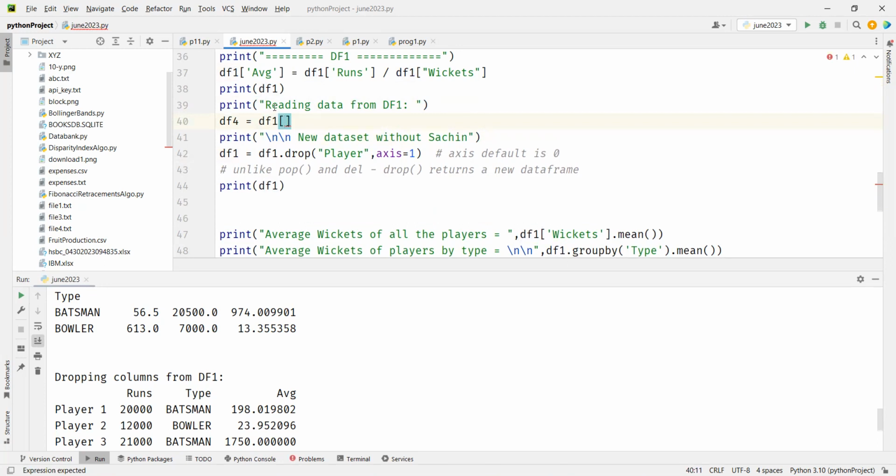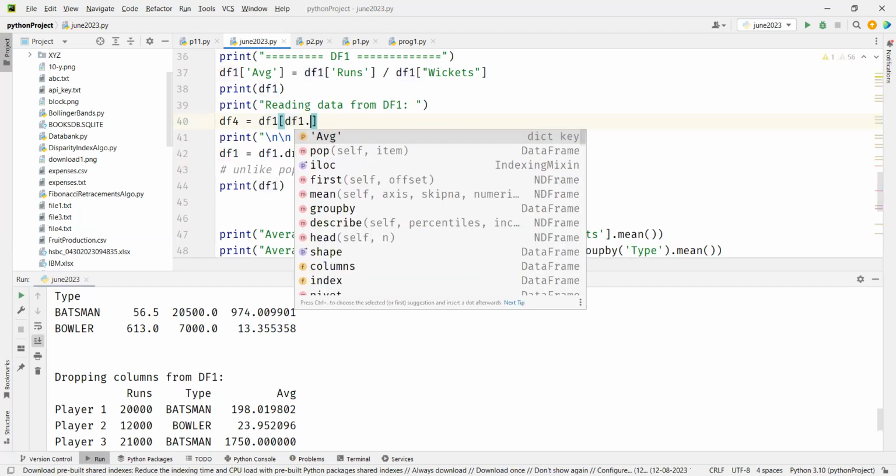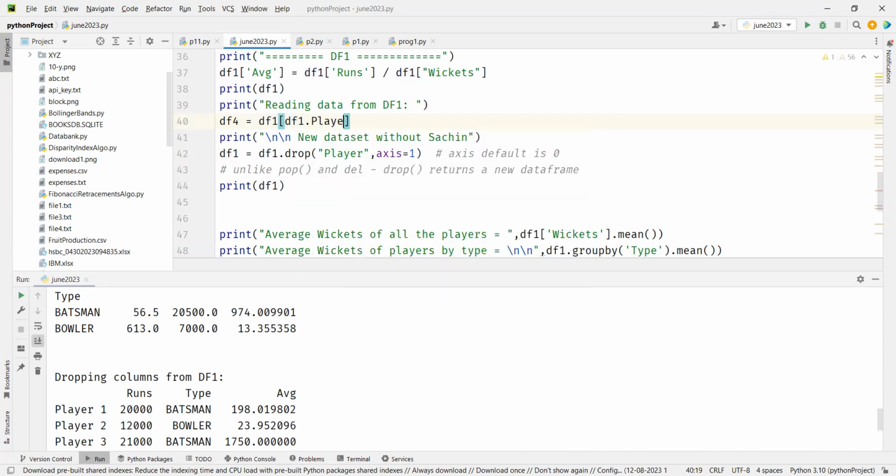So here I'm going to say df1 dot player, which will give us access to the player, and I'm saying not equal to Sachin. So this is going to return all the data except Sachin, because I'm filtering out. I'm doing a filter here, like a where clause, where player is not equal to